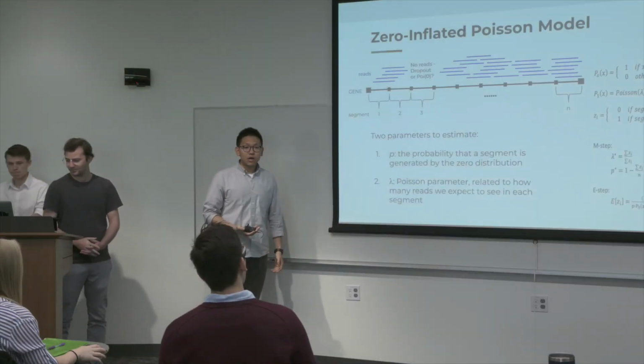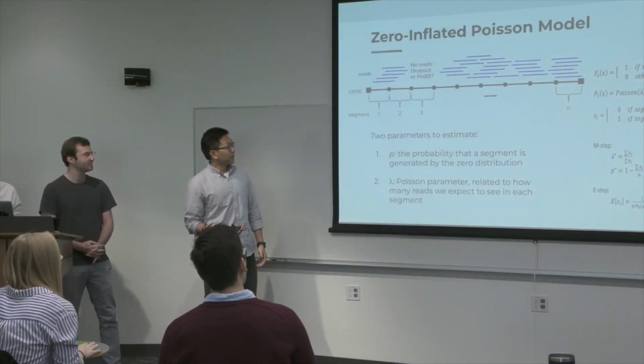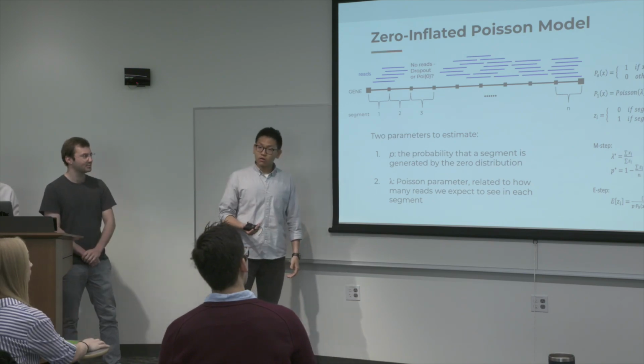So one of the major drawbacks of the simple Poisson model is that it doesn't take into consideration at all of the dropouts. The project that we're working on this quarter is for single-cell RNA sequencing. Essentially, the problem is during the conventional RNA sequencing process, a number of things could happen that could result in certain parts of an RNA to be dropped out.